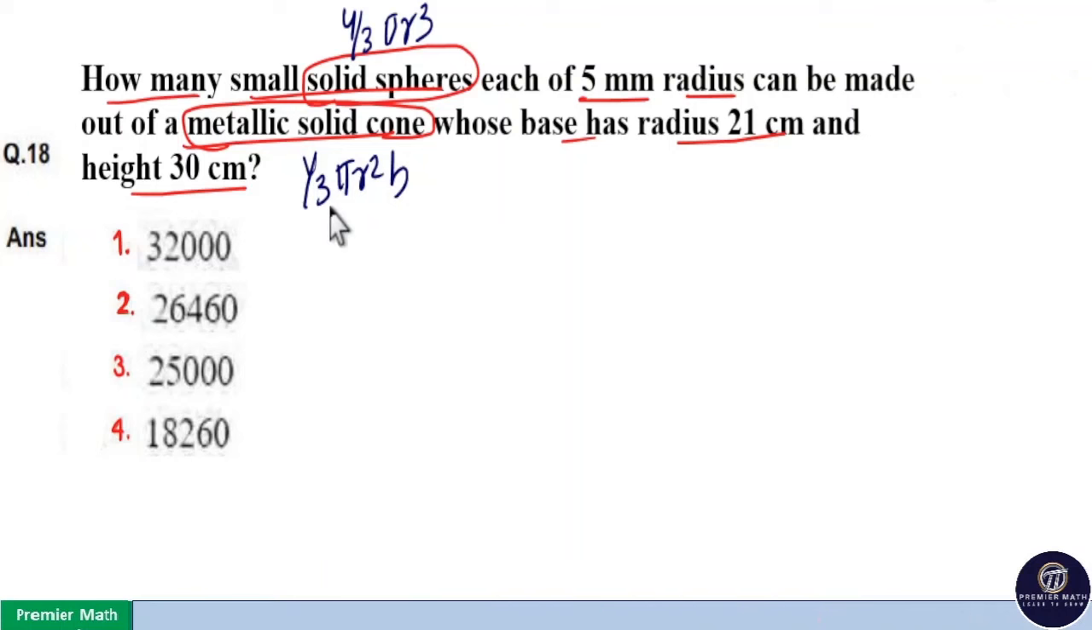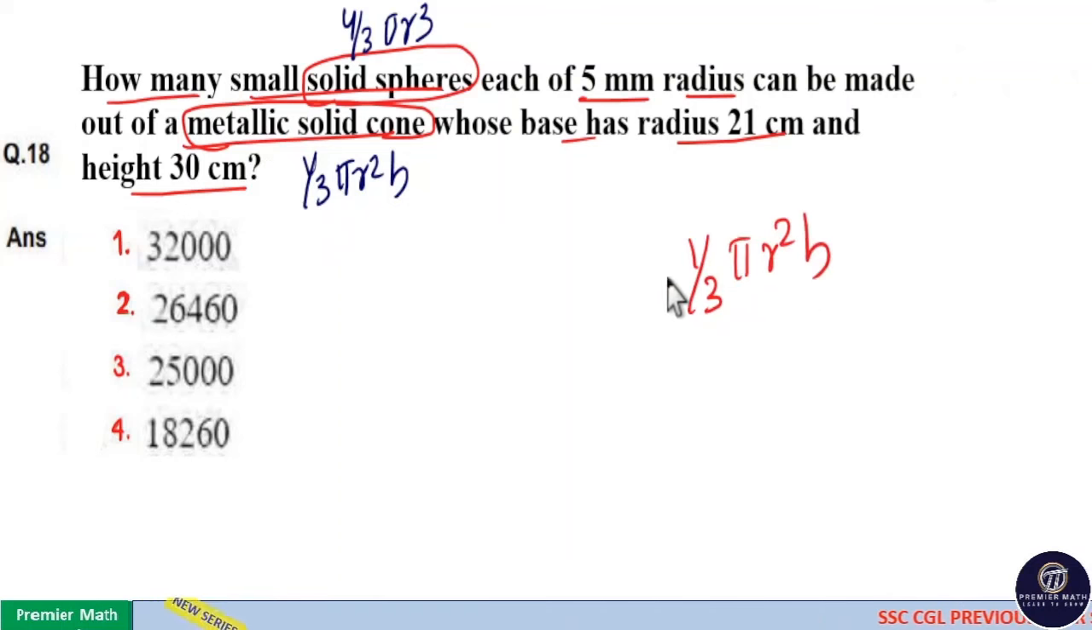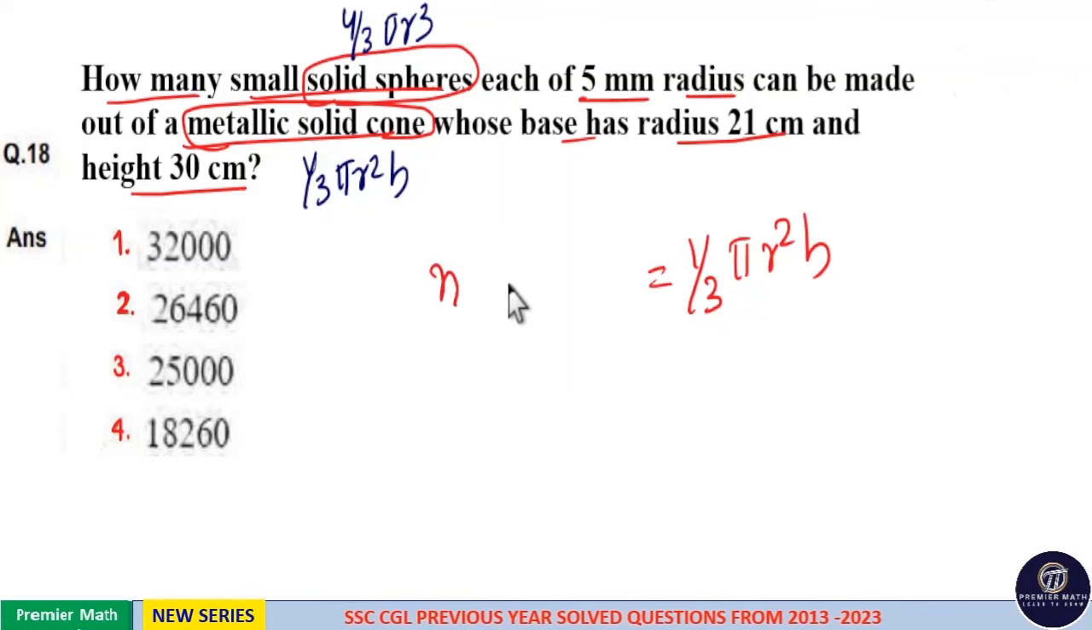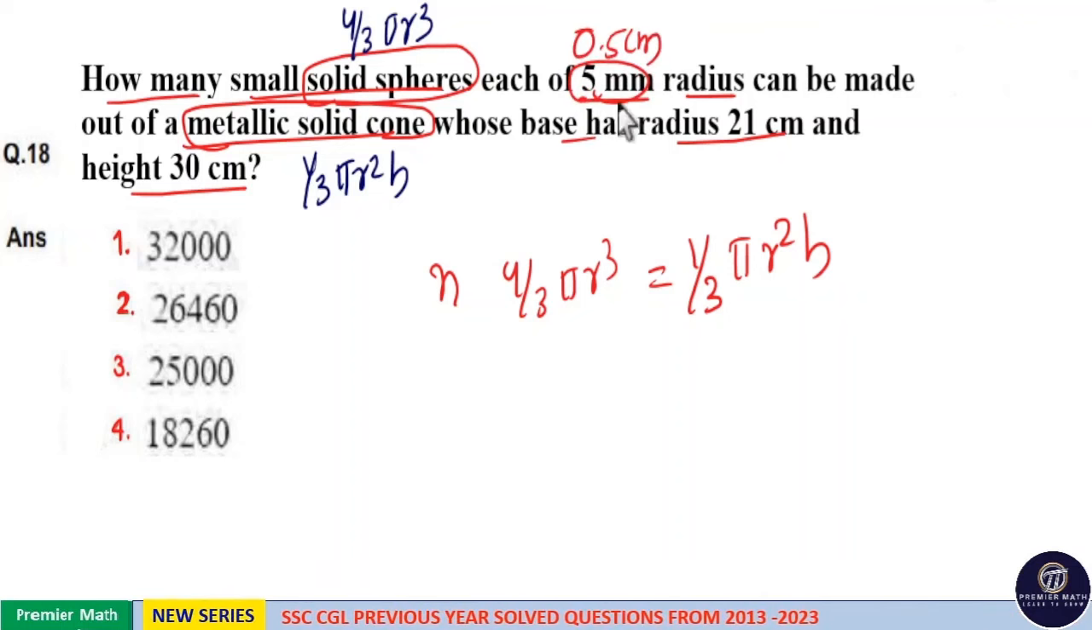Now equate these. That is, from the volume of cone, that is from 1 by 3 pi r square h, we can make n number of 4 by 3 pi r cube. That is n number of solid spheres. Now, here 5 mm means 0.5 centimeter. Now all values are in centimeter. Just put the values here. Here n is equal to